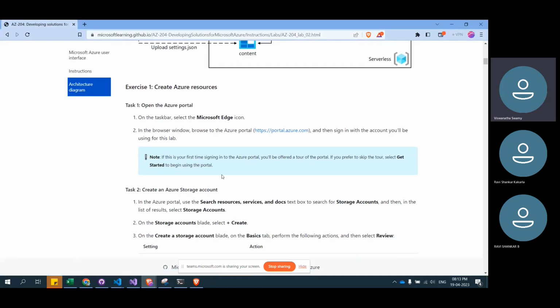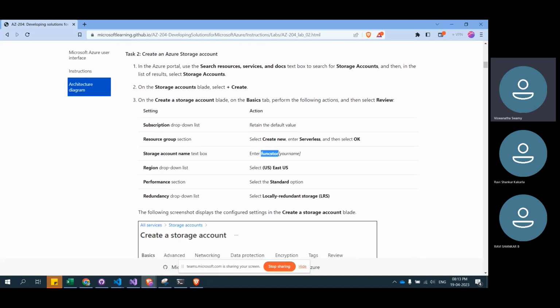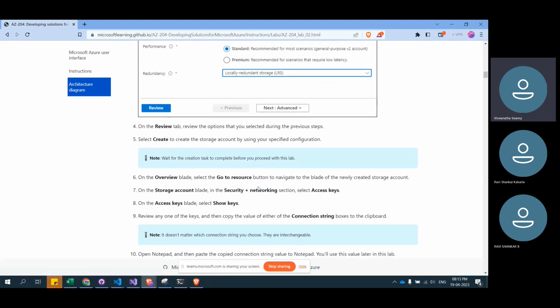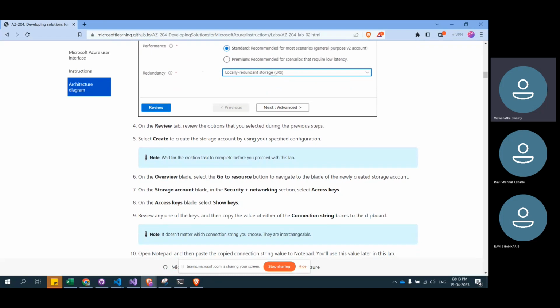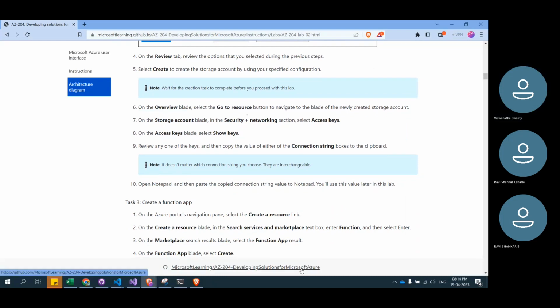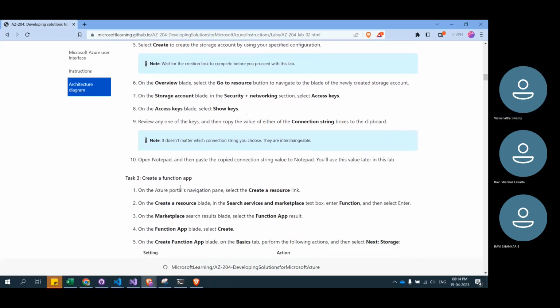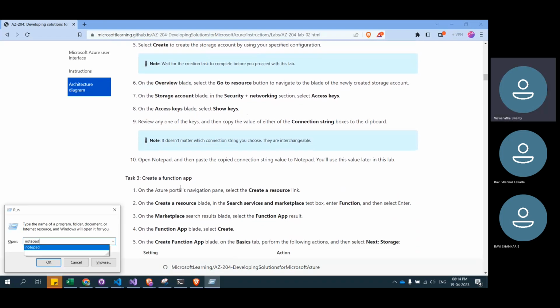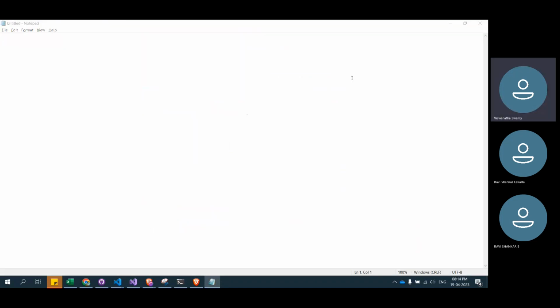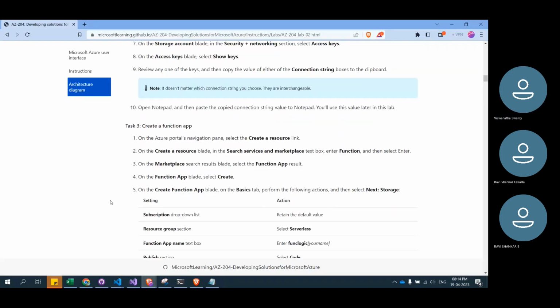We created this. That was task 1, now task 2. We created it, that's East US LRS, exactly whatever the option, and we did the review and create. And then once it is done, go to the overview blade, and we need to get the access keys. Okay, we can get the access keys a little later. We don't unnecessarily need to hold on to it. Then we need to create